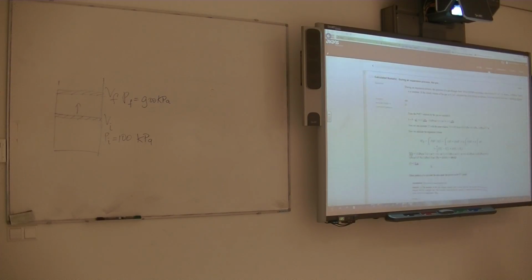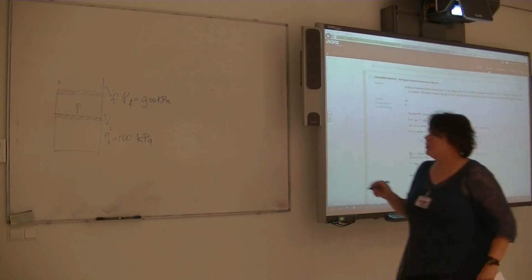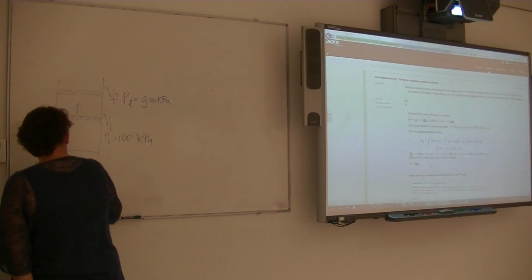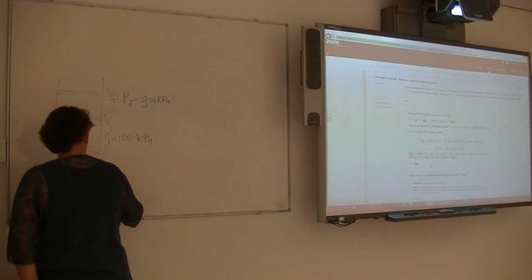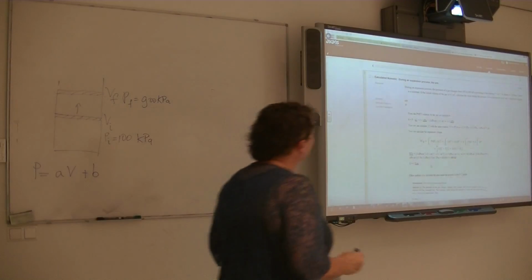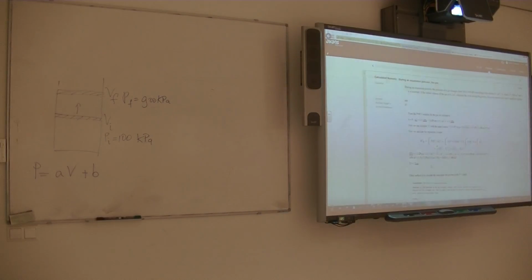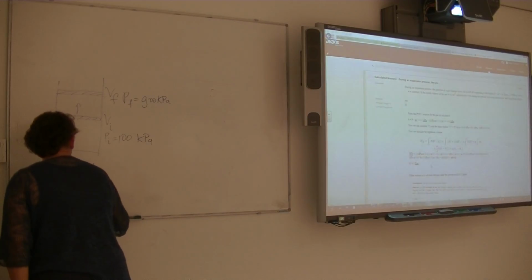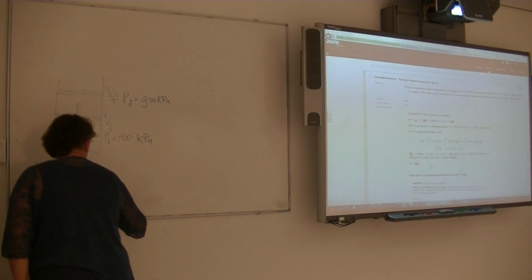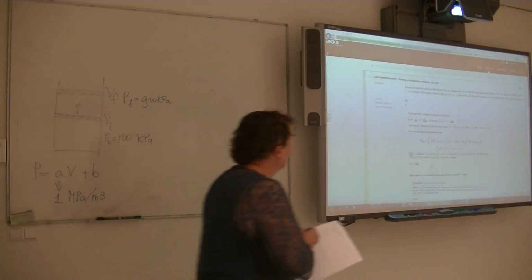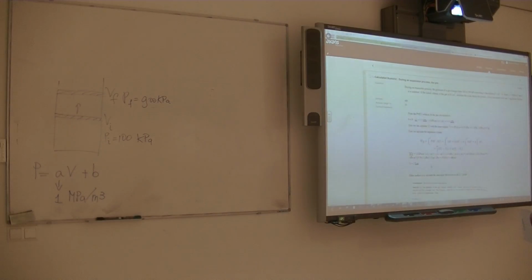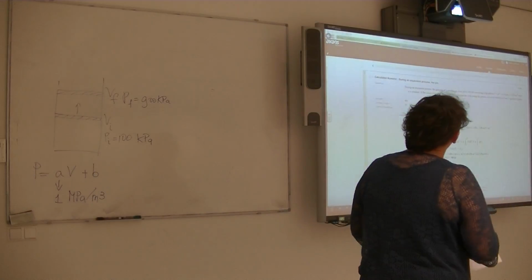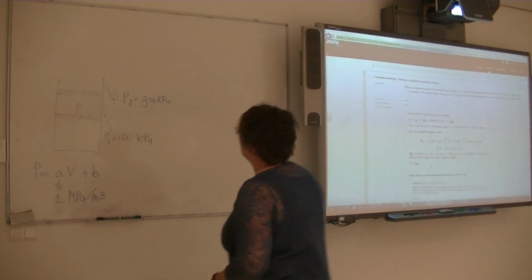According to the relation, P is A times V plus B. So the relation between pressure and volume, A times V plus B. Where A is 1 megapascal per cubic meter, so this constant is 1 megapascal per cubic meter. And B is a constant. If the initial volume of the gas is 0.2 cubic meter,